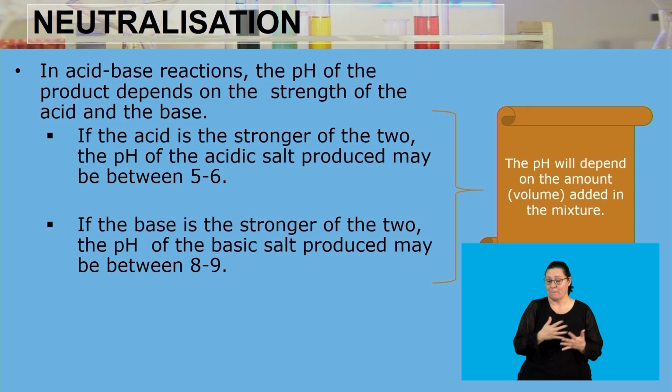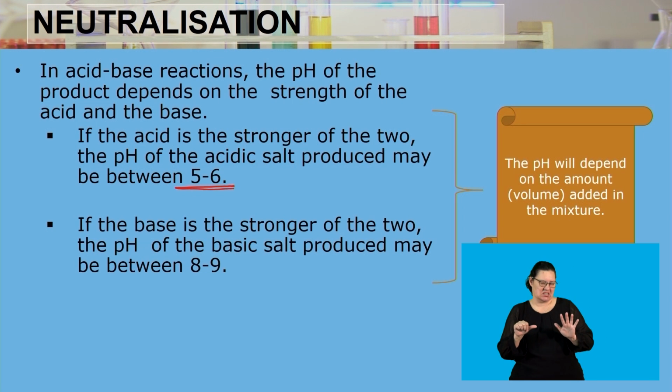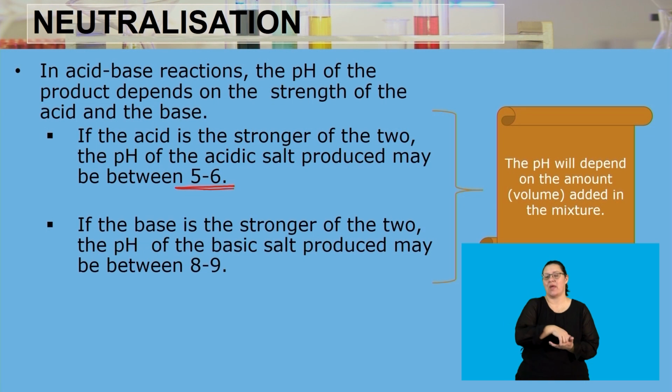So if the acid is the stronger of the two between the acid and the base, then the pH of the acidic salt produced may be between 5 and 6. And we do know that it's closer to 7, so therefore it's going to be a weak acid. Now, if the base is the stronger of the two, then the pH of the basic salt produced may be between 8 and 9. And remember, it's still closer to 7, it's around 7,